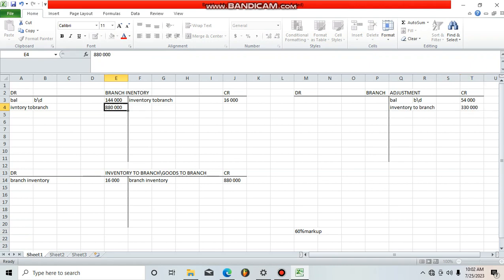I repeat, 880,000 multiplied by 60 divided by 160 to get 330,000. The same applies to the goods that were returned. So it's 16,000 multiplied by 60 divided by 160, and you're going to have 6,000. So we name this the inventory to branch. So remember, we have taken the account of the inventory to branch under the branch